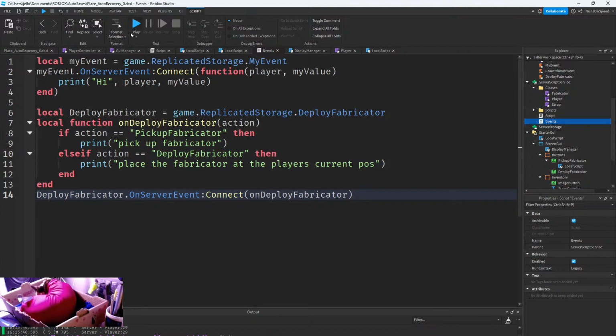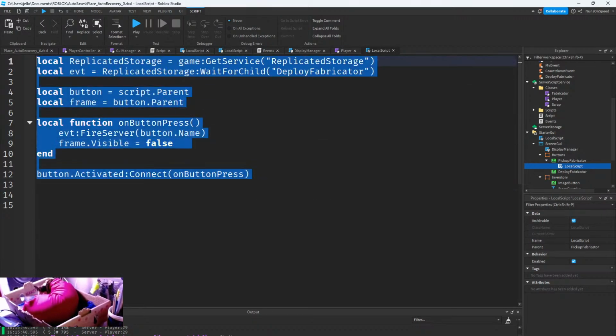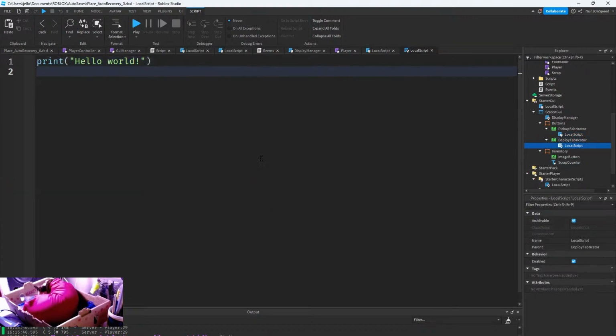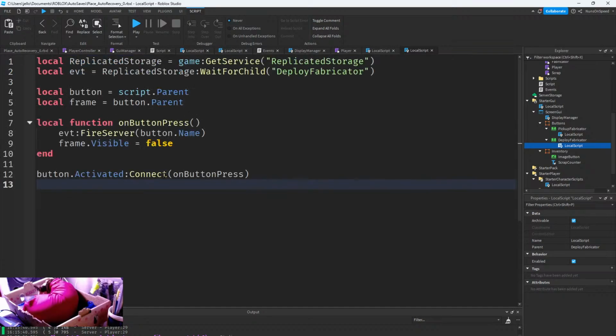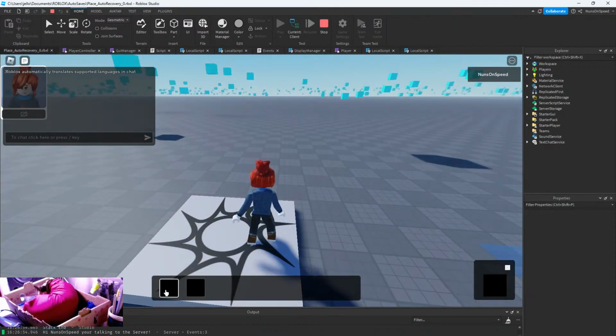And in theory, do I have to add the same script to both buttons? I think I do. Local script. So this one deploys it, and this one picks it up, but they're the same script. Very inefficient. I don't like that. We'll have to figure out a better scripting. Maybe a button script at the parent here, and then it controls the buttons. I don't know. But in theory, what should happen is if I press this,